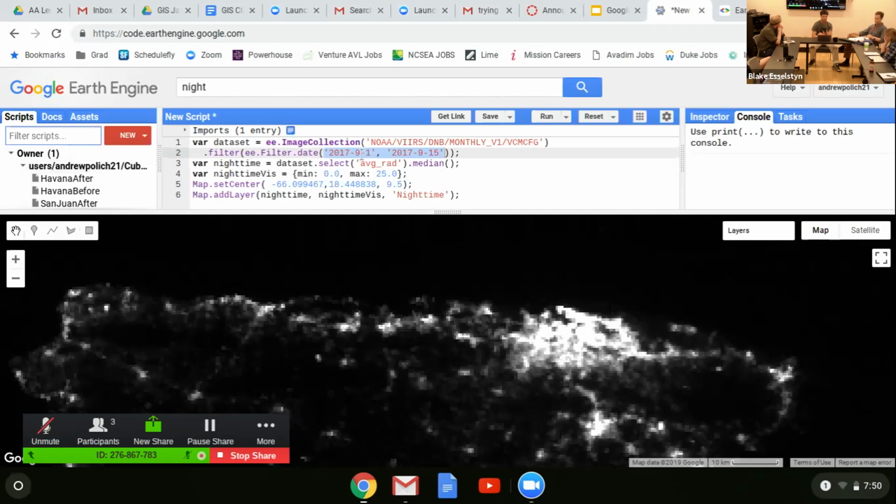So what I wanted to show you all is this before and after. As you can tell, I went through here and filtered from September 1st to September 15th. You've got to give it enough time to collect enough satellite imagery. If I did September 1st to the 4th, it would not generate any image at all. So if we change this date range to a little bit later, which would be after Hurricane Maria,